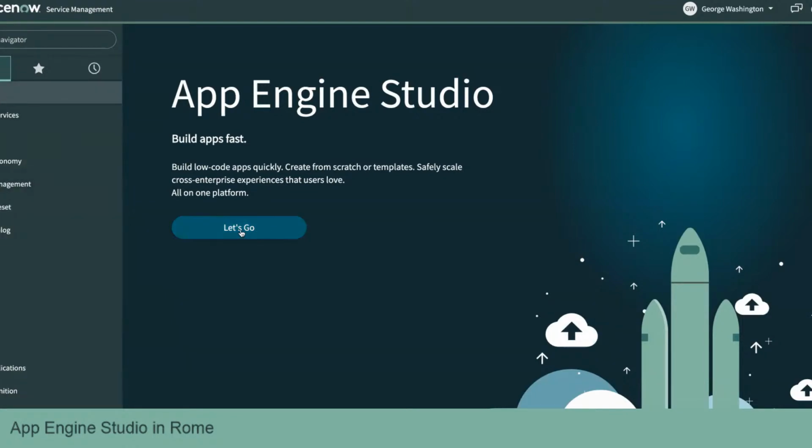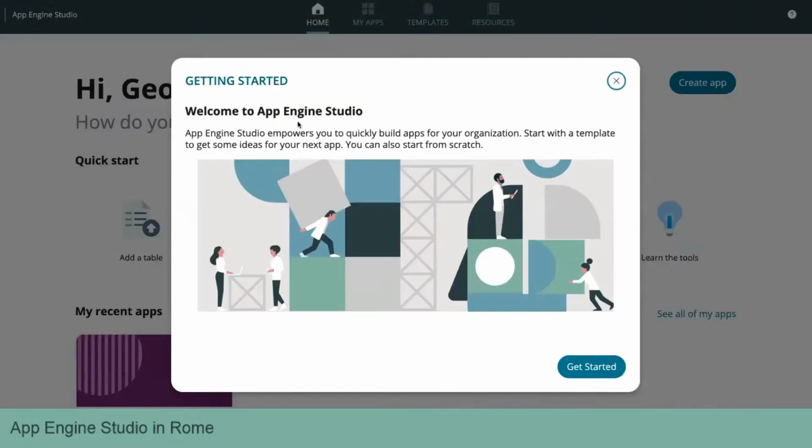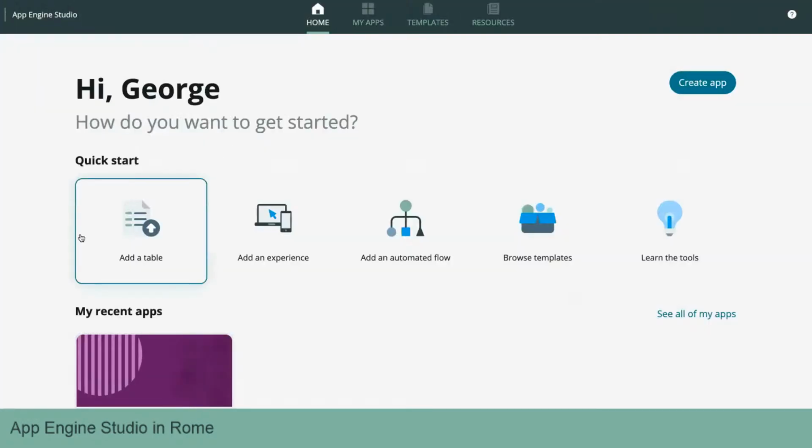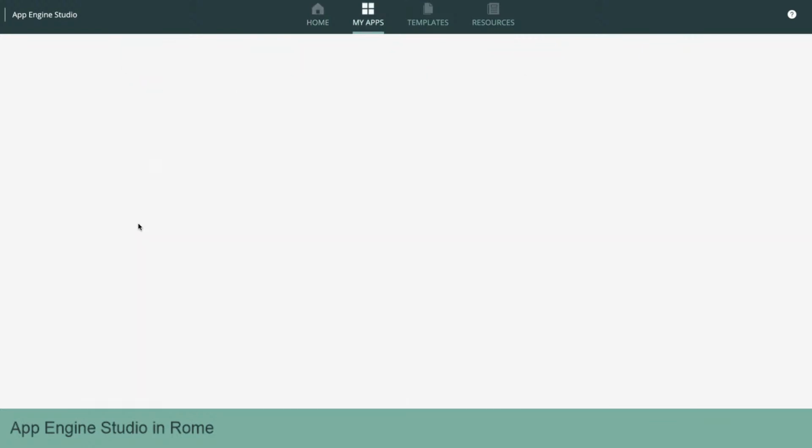All right, and then we'll hit let's go, although we already had it open. And then I have a lot of apps in this instance, but you'll notice that the only one that shows up is the research request app. So this is what I shared with this user. So if I click into it,